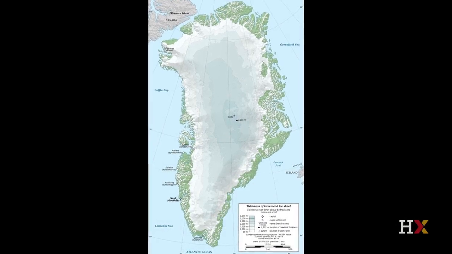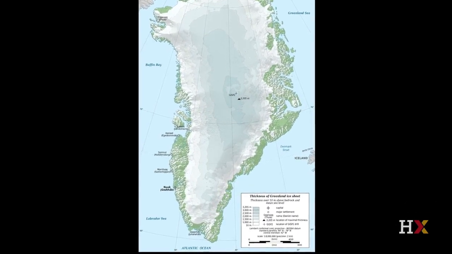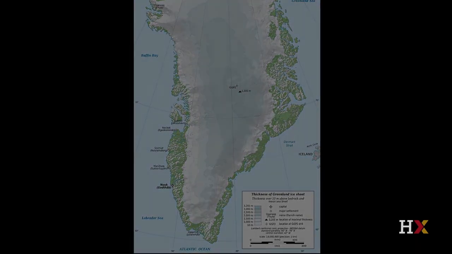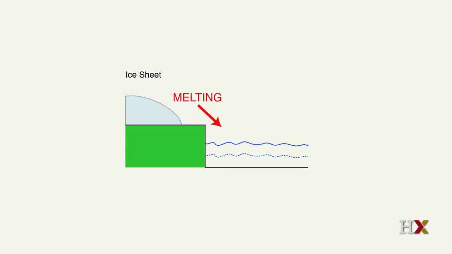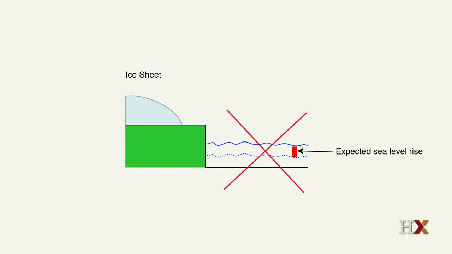If you were, for example, right next to the Greenland ice sheet, and let's imagine that the Greenland ice sheet instantly melted by the equivalent of 1 meter of sea level globally. That turns out to be about 1/7 of the total ice on Greenland. So let's suppose that 1/7 of the ice on Greenland just completely melted instantly. We would expect sea level globally average to rise by 1 meter. And that's what would happen, except that, interestingly enough, the sea level right next to Greenland wouldn't rise by 1 meter. It would actually fall by 19 meters.